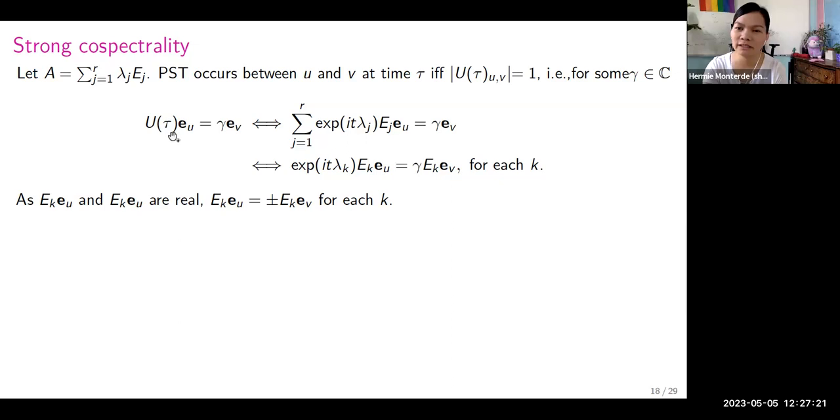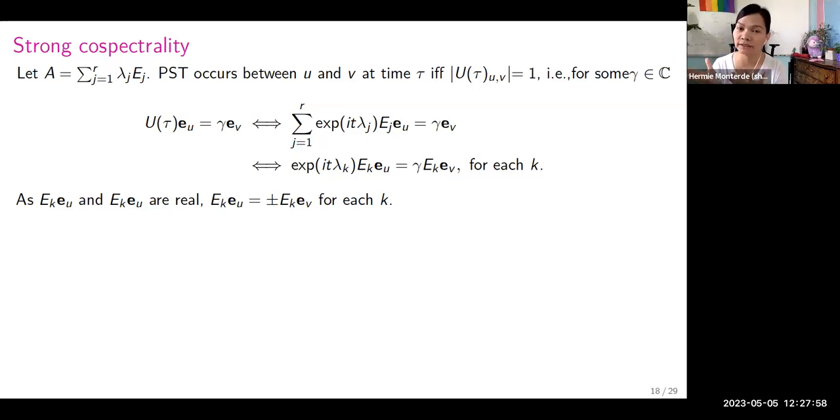Ultimately, this means that the quantum state at vertex U at time tau is sent to vertex V with a complex phase, and this gamma is actually that entry. Now, applying the spectral decomposition of U of t, given A, we get this equation, and we just hit it with E_U. So what now? We now use the fact that the E_j's are